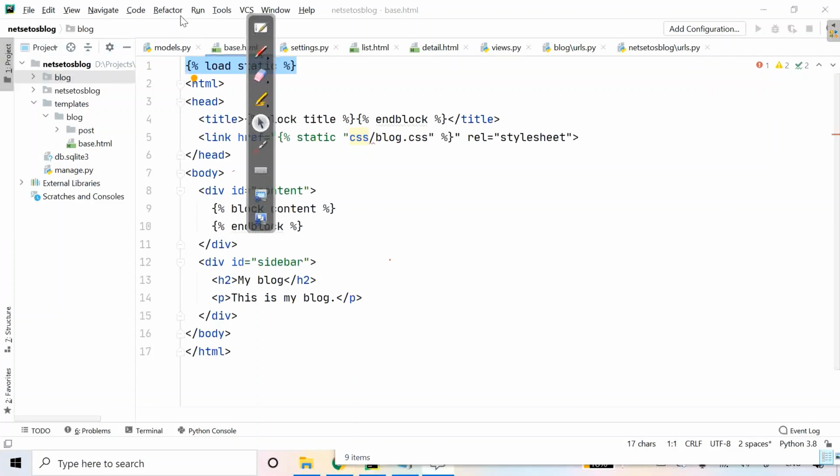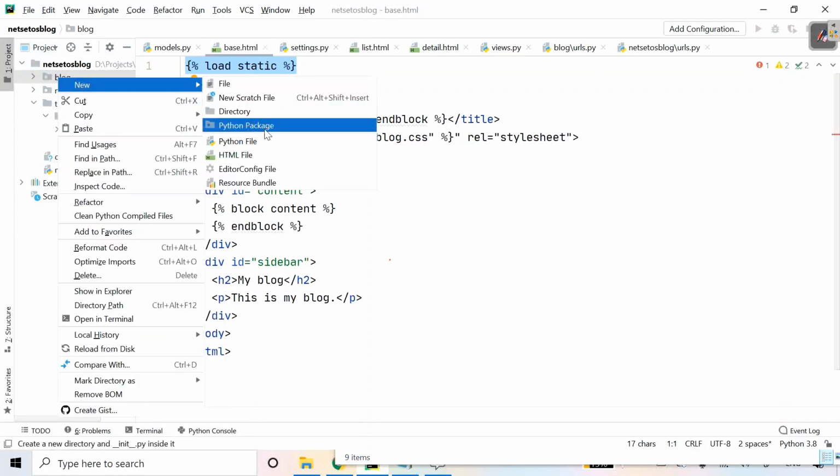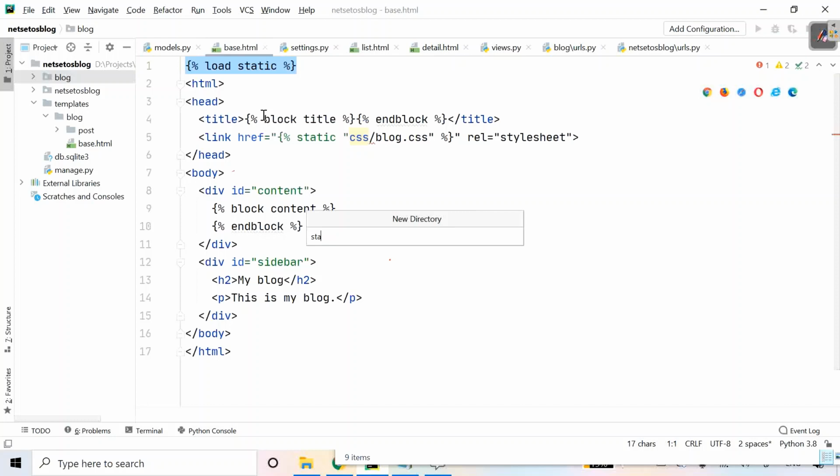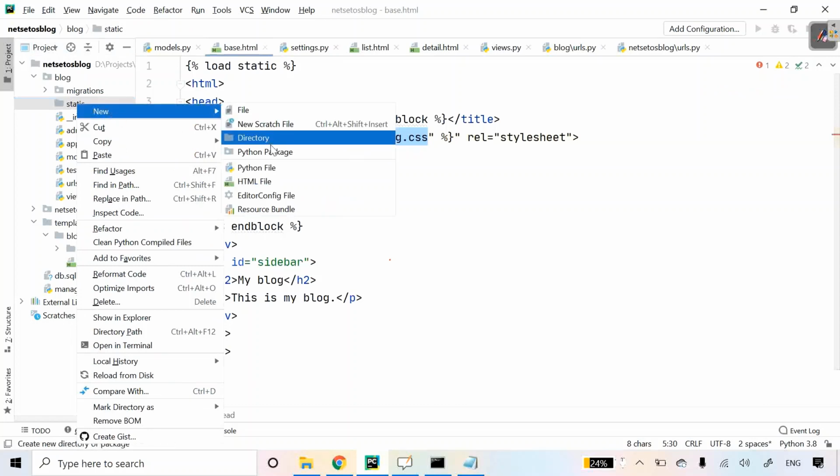So with this, I'll shift this and here I'll go to blog and here I will define a new directory with the name static. Earlier in base.html we have defined blog.css file in CSS folder. So I'll go to static and will create a new directory